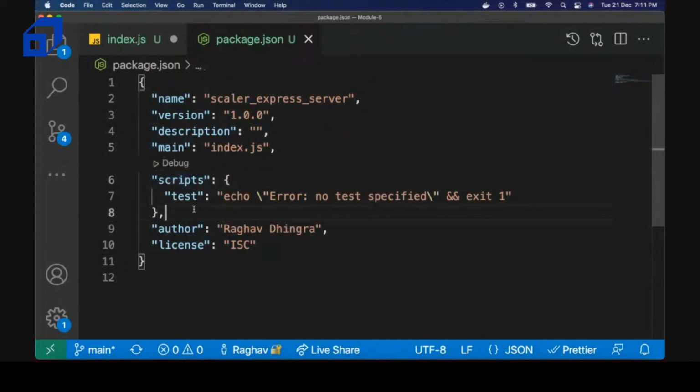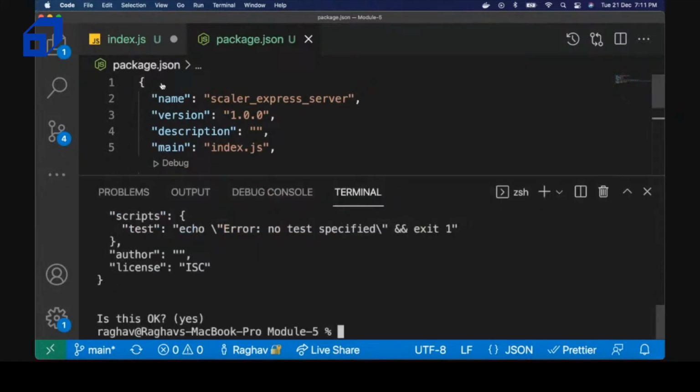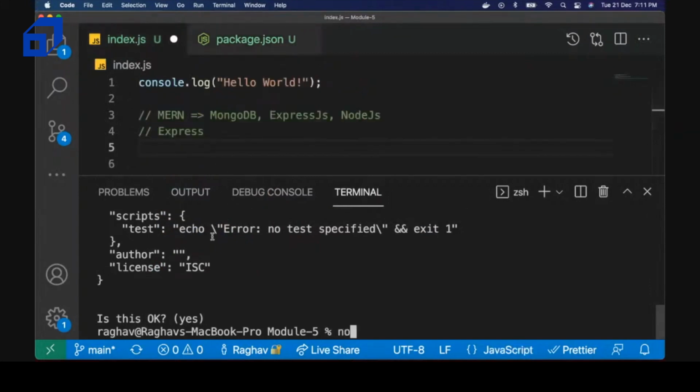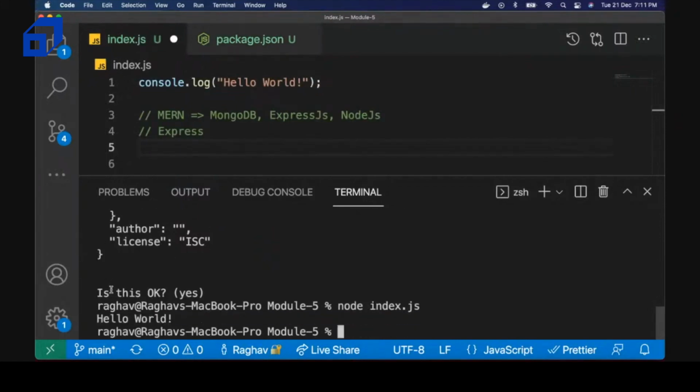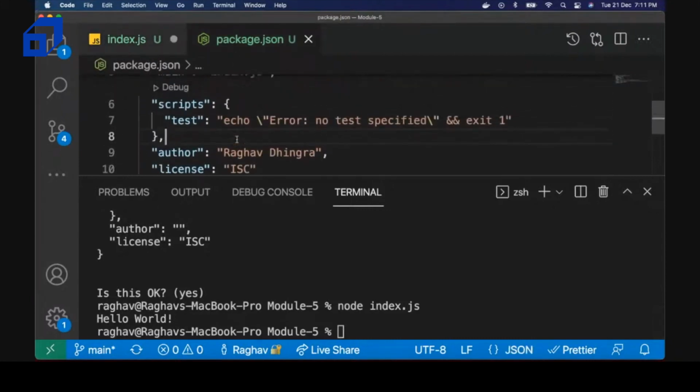This script is for easily handling our servers. I don't want to type each and every time when I run this index.js server. I have to write node index.js and hit enter, and it would execute all the functions contained within this index.js file. But I don't want to separately type index.js again and again. Instead of that, I would be sharing a particular script. So what I do is,